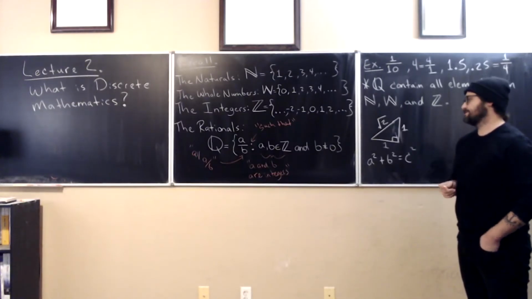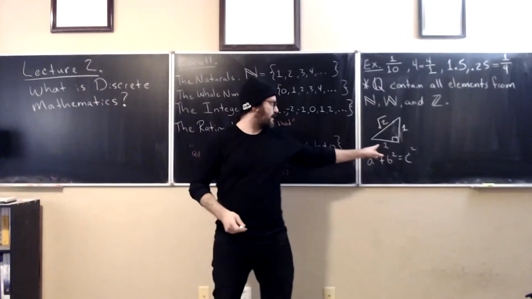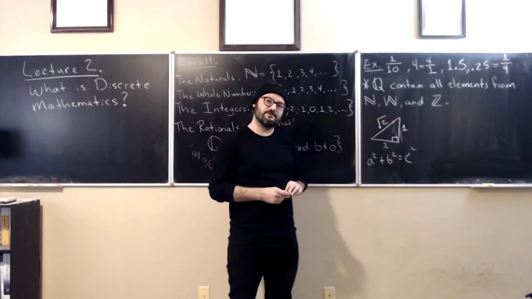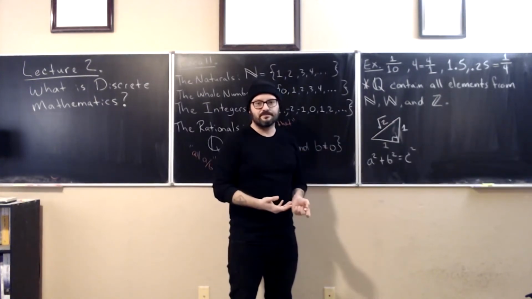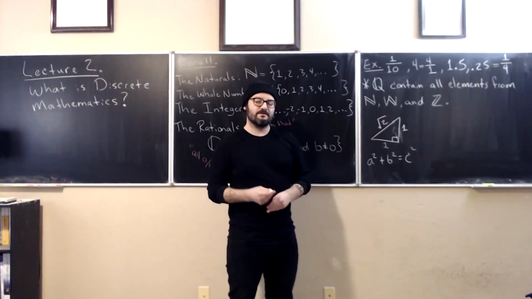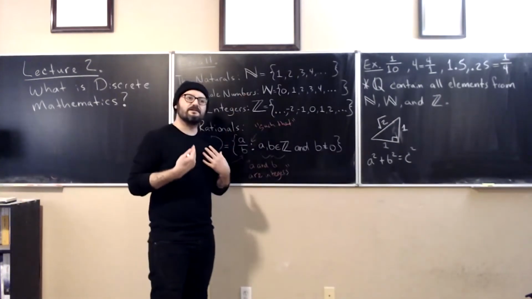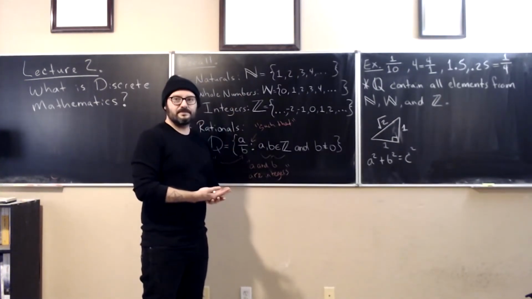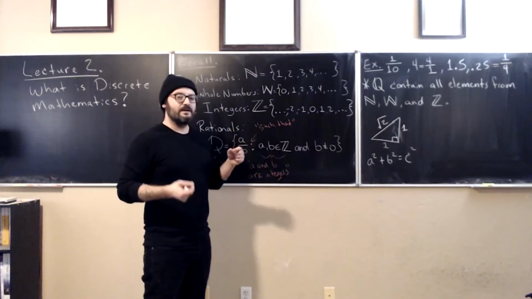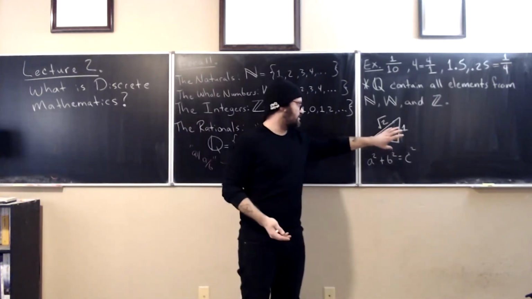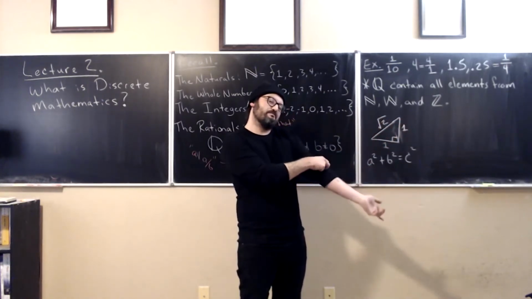And as the story goes, and I don't know if this is true, but this is what everyone always says, this fact that that hypotenuse has length square root of 2 was discovered by a member of this ancient cult called the Pythagoreans. They worshipped ratios. They thought that everything in the world could be expressed as a ratio of integers, and that's the way that the world was. It was almost like their religion, that everything was a beautiful ratio. And this poor guy that brought this fact to the Pythagoreans' attention was, I think, murdered,